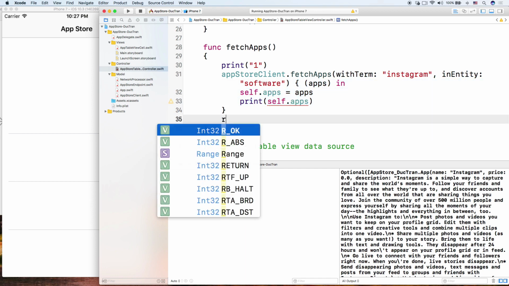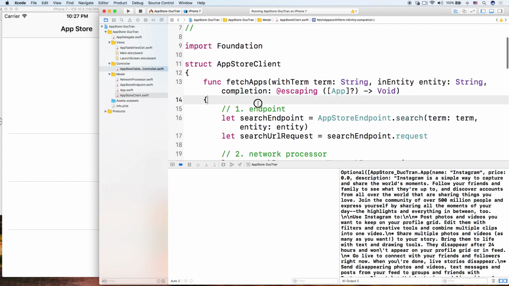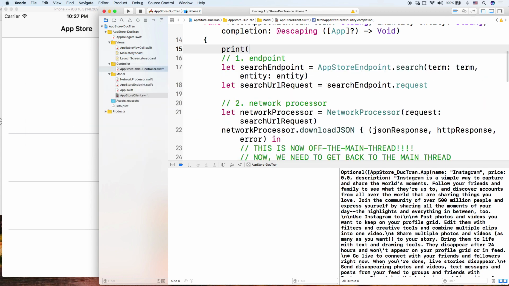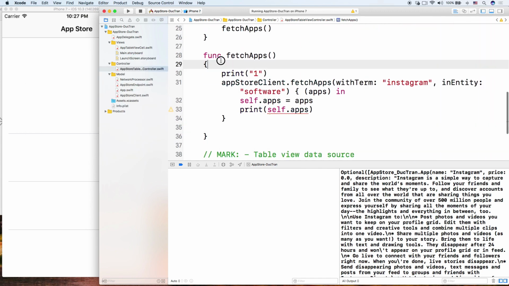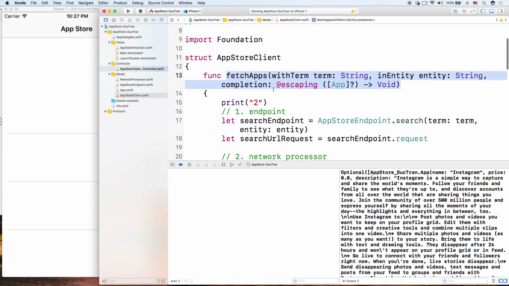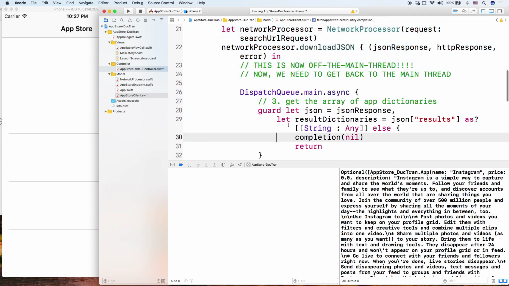Rather, it will get out of this. Rather, it goes into this fetch apps, and then it will execute this guy. So print 2. You see this? So number 1, it goes here, and then it goes here into the fetch apps. It executes all of these things like that, right? And then,